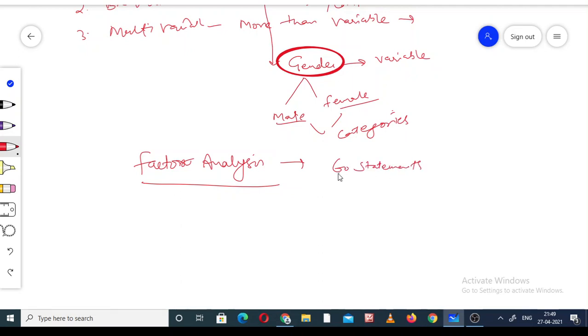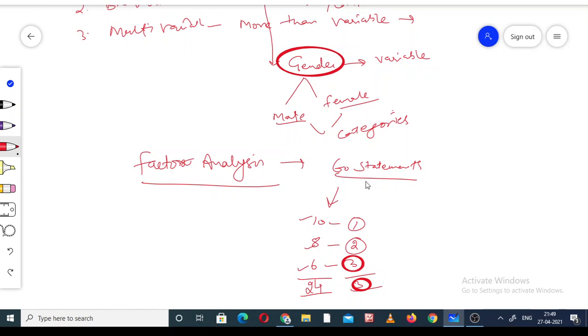Suppose 10 statements are one type, the next 8 statements are interrelated and have some common factor, and 6 have a common factor. Like this, these 10, 8 and 6, these 24, can be converted into 3. So this is one kind of factor analysis.